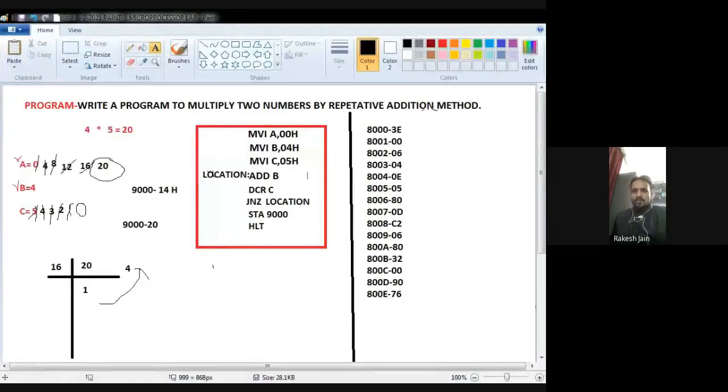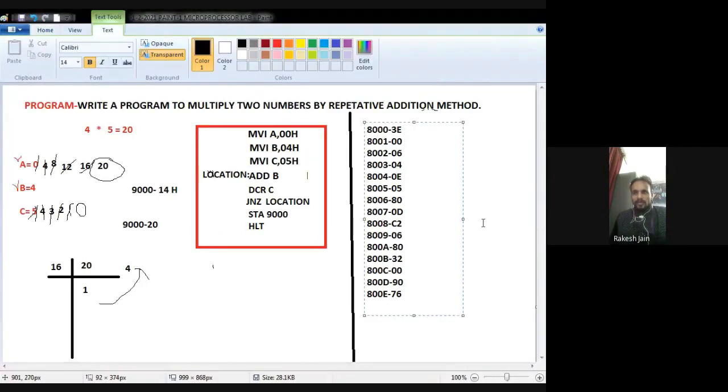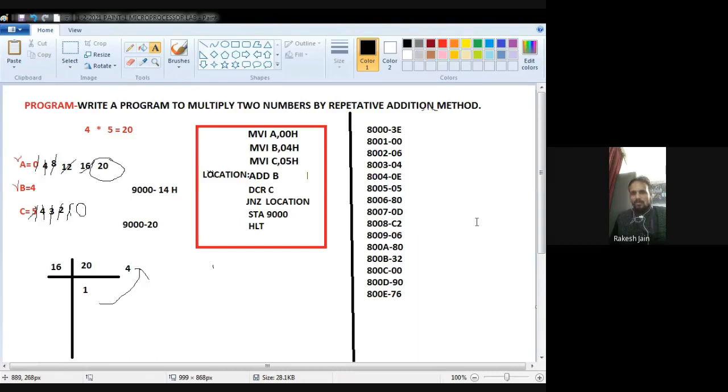One more time I am showing you this, and you just take this image of this MS Paint file, so that whenever I upload the opcode, you will not get confused. From 8000 to 800E, just remember in your mind. Okay, just take a pic or anything, so you will understand what I will have to do in the 8085 simulator.